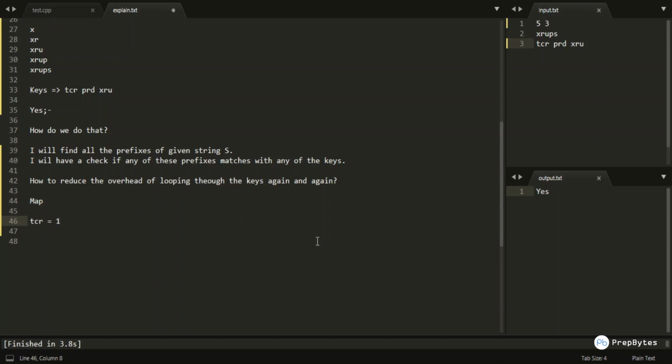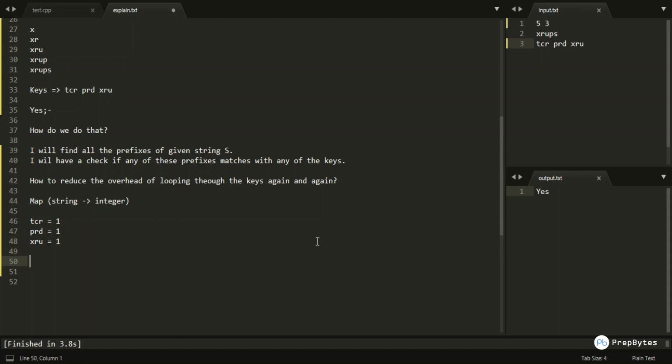I would map a string to an integer: I would map TCR to 1, PRD to 1, and XRU to 1.